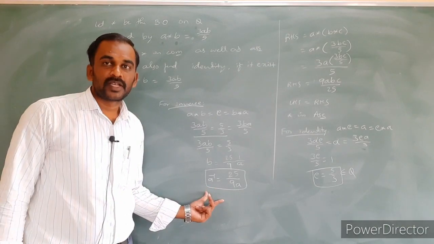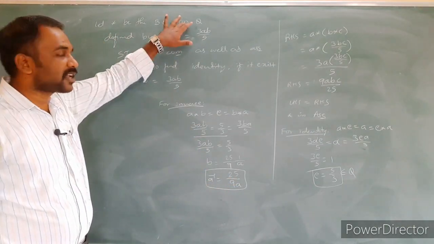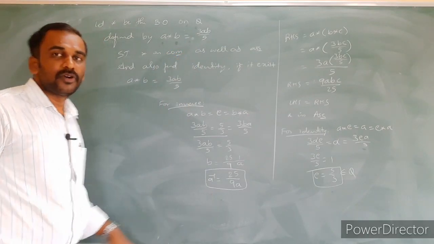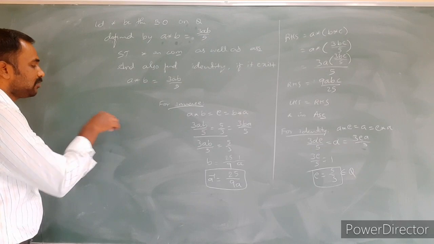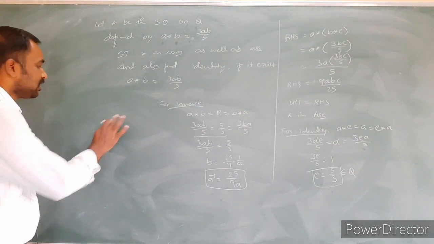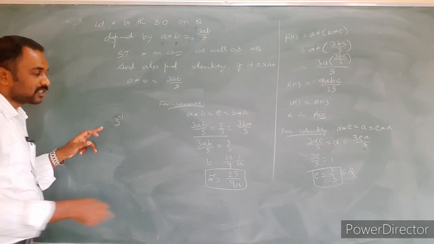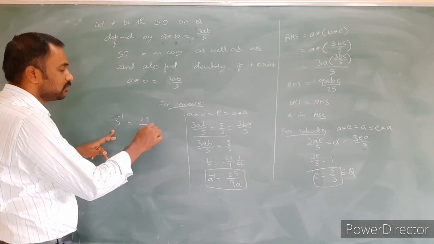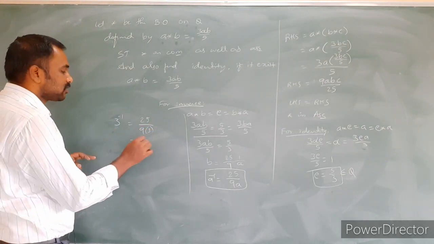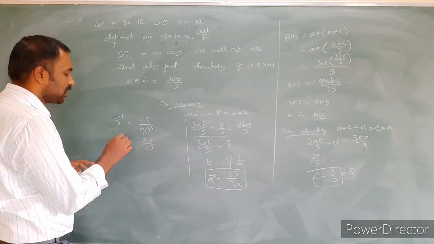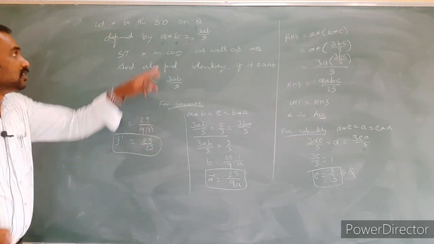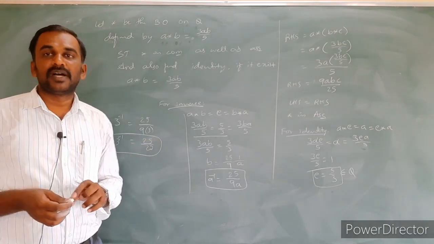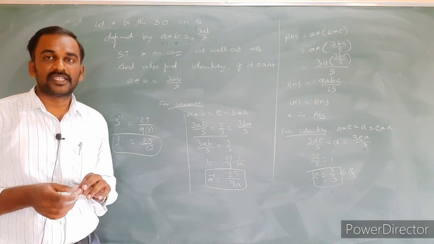This is the general value. We can find the inverse of any element, any rational number, for this binary operation. For example, what is the inverse of the element 3? Inverse of the element 3 is nothing but 3 inverse. The a value is 3. What happens? pi squared divided by 9 into the a value 3, so pi squared divided by 27. The required inverse of the element 3 on this binary operation a star b is equal to 3ab by pi is pi squared by 27. This is how we have to get the answer.